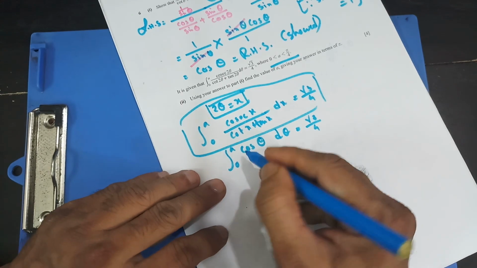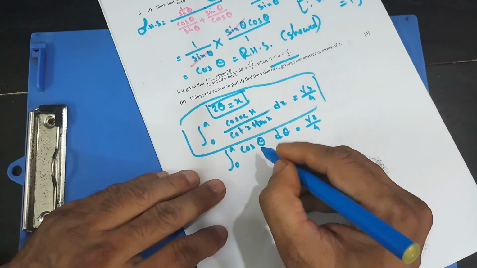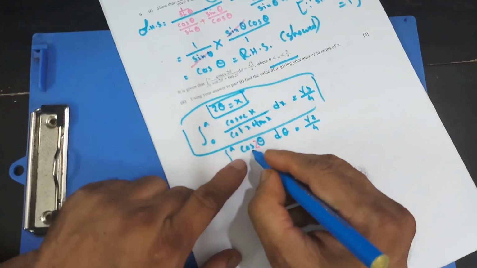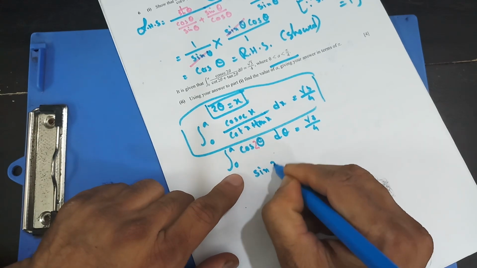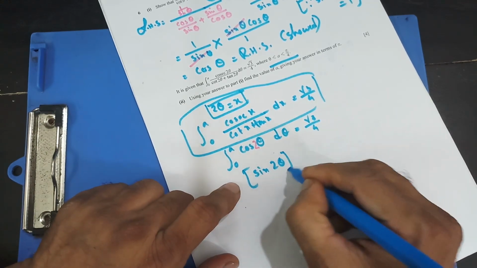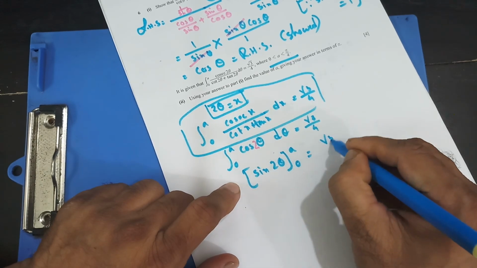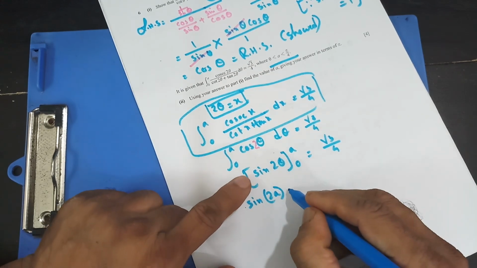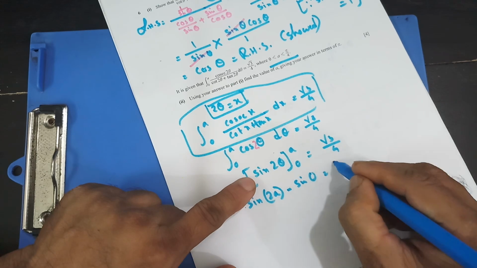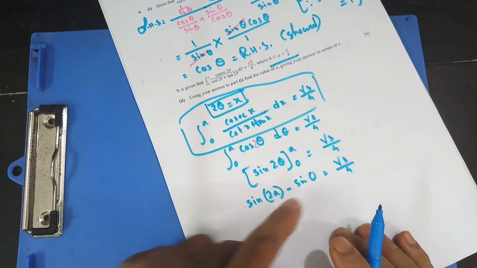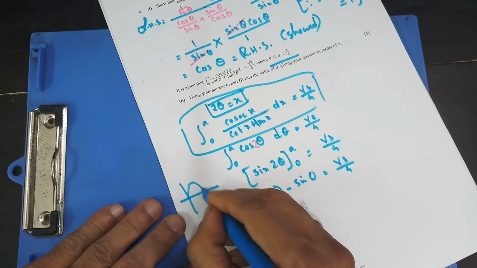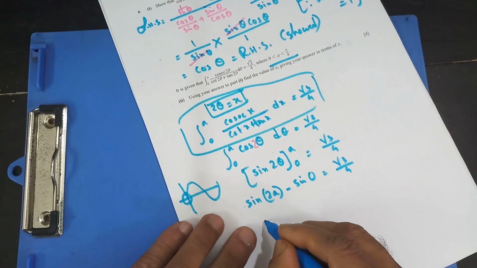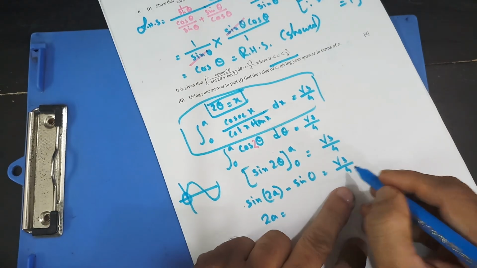Now what is cos theta? Whenever we integrate, sorry, it's cos 2 theta, right? So this is going to be sine 2 theta. The range is given 0 to a, equal to root 3 by 4. So that's going to be sine 2a minus sine 0 equal to root 3 by 4. Now sine 0 is 0. Remember the sine graph? Sine 0 equals 0. And this is sine 2a. That means 2a equals root 3 by